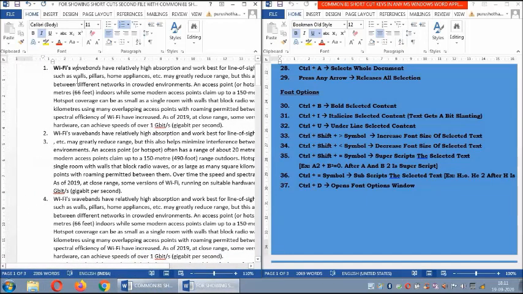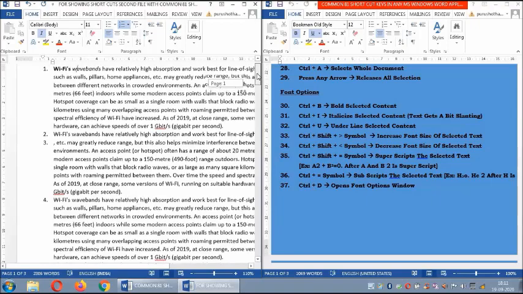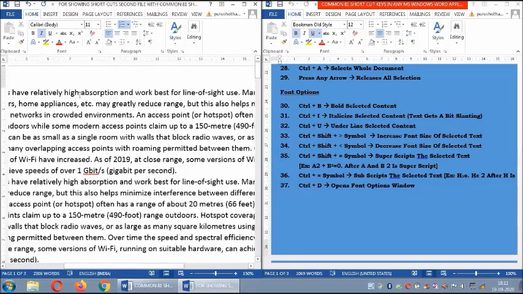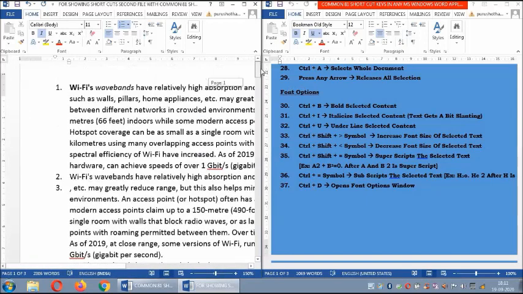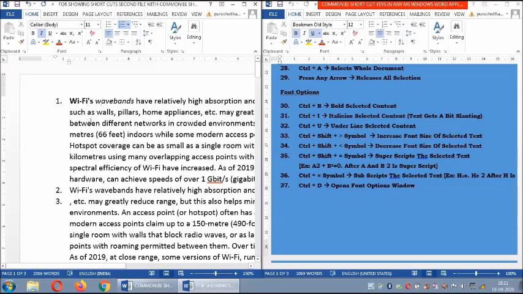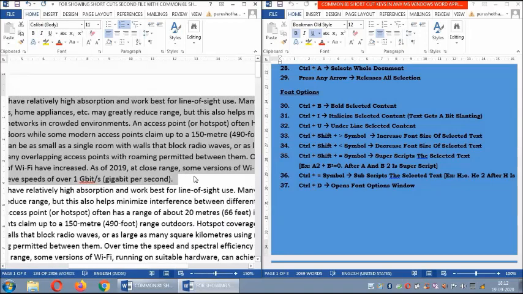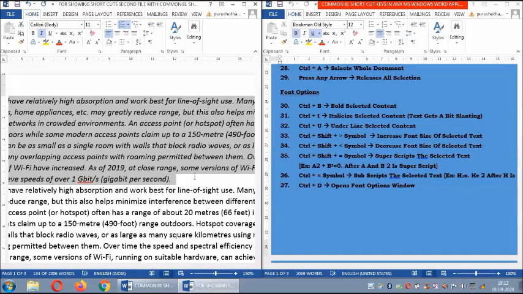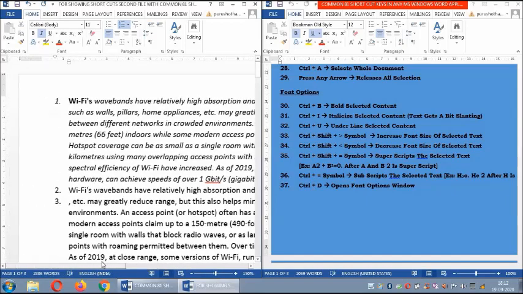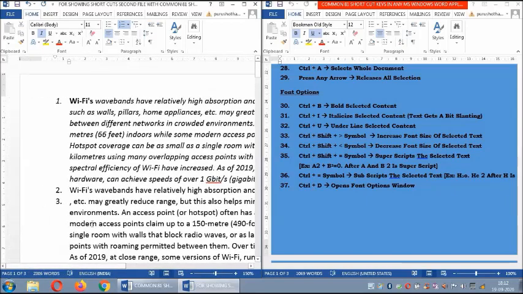See here in the cursor. "Wave bonds" is slanted and Wi-Fi is darker. If I want some more text, I select with the mouse or keyboard, Control Shift Down Arrow, and I press Control I. So everything has become slanted. See the part of the text which I selected. Now here, these contents are not slanted, but all this content is in slanting style.